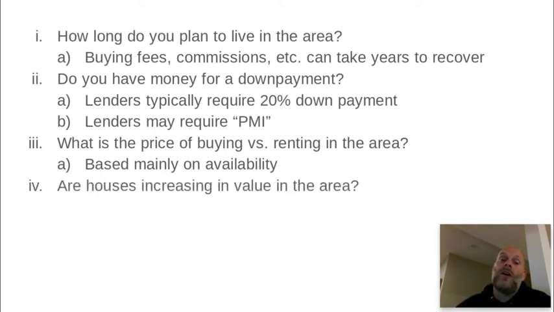Another thing to consider: are housing values increasing in the area? And again, this is place by place. For example, San Francisco has some of the highest real estate costs, not only in the United States, but in the world. A tiny little single family house can cost $1-2 million. It's insane. And that's mainly based on the job market. That's where all of the big tech firms are, and the job market there is crazy.